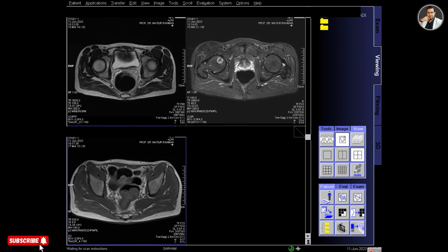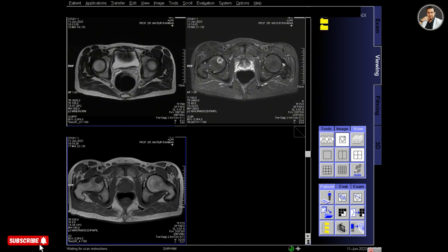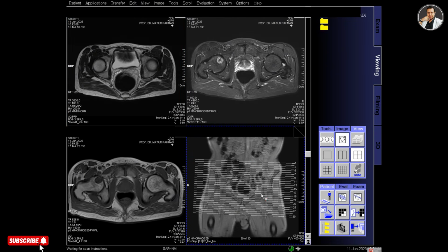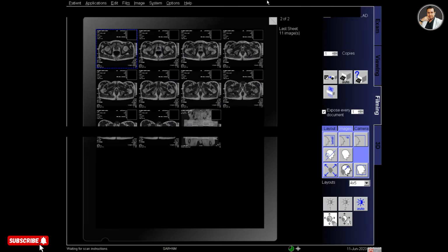And this is a T1 transverse protocol. Now I am selecting this T2 transverse series and sending it to the filming for printing, and also finding the reference image and sending the reference image to the filming.